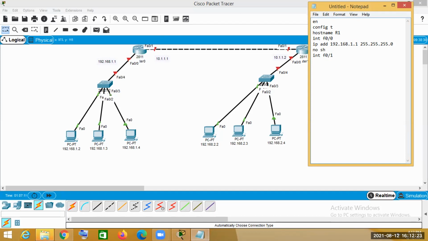So F0/1. Now in this, what IP address should be included? This IP address should be included here. So ip add 10.1.1.1. And we have to mention our subnet mask. Now this is a class C IP address. For a class C IP address, the subnet mask we use is